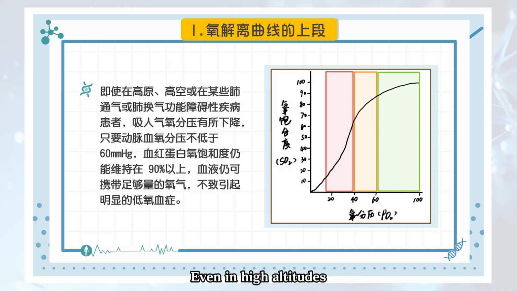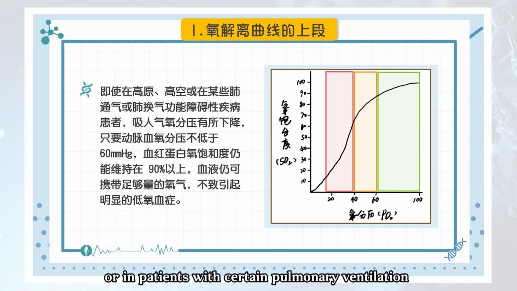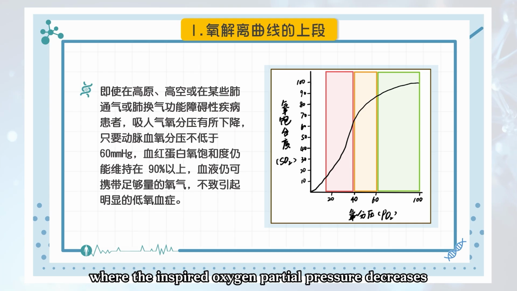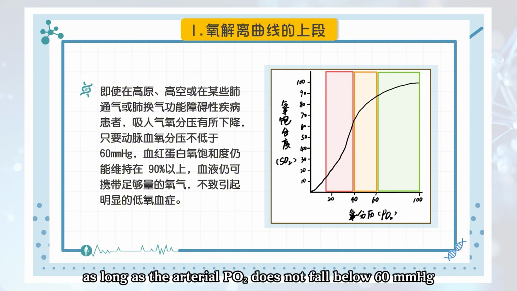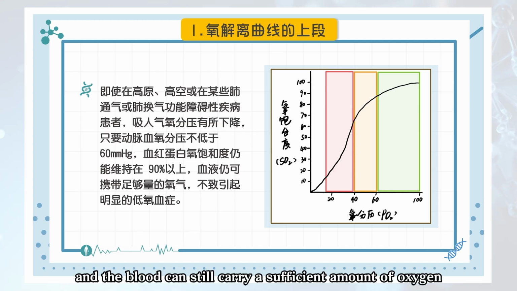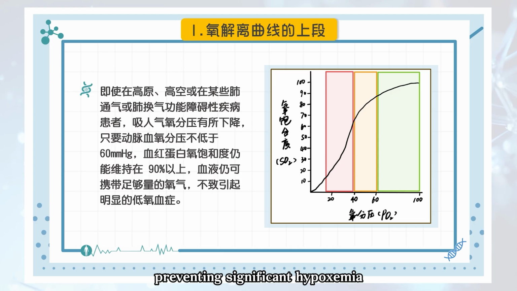Even at high altitudes, or in patients with certain pulmonary ventilation or gas exchange disorders, where the inspired oxygen partial pressure decreases, as long as the arterial PO2 does not fall below 60 millimeters of mercury, hemoglobin oxygen saturation can still remain above 90%, and the blood can still carry a sufficient amount of oxygen,